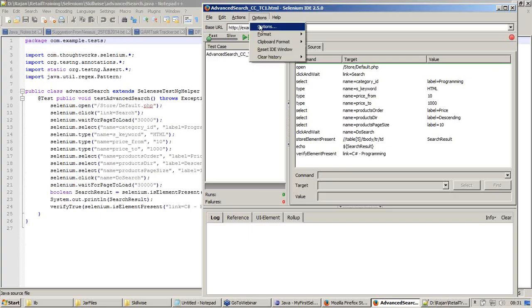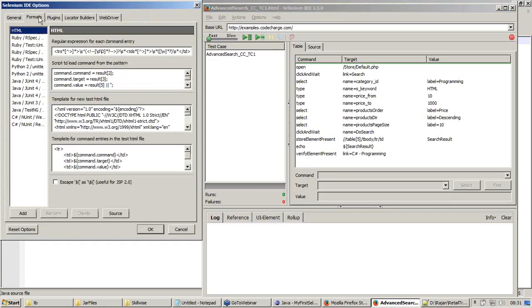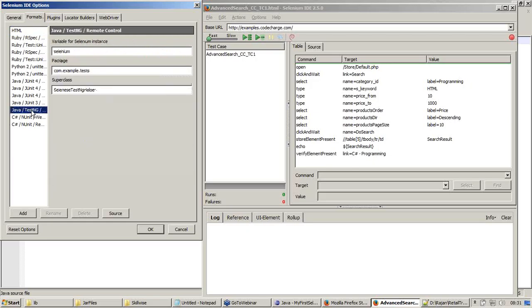Selenium IDE is able to do this by these formats. I just chose options from the Selenium options menu. You have multiple formats right here, and using these formats, Selenium IDE is able to format our code.